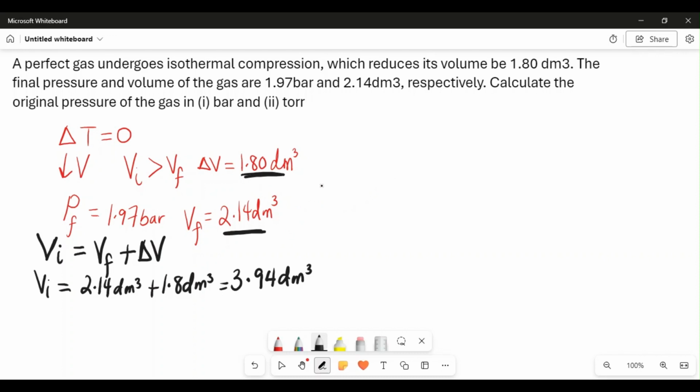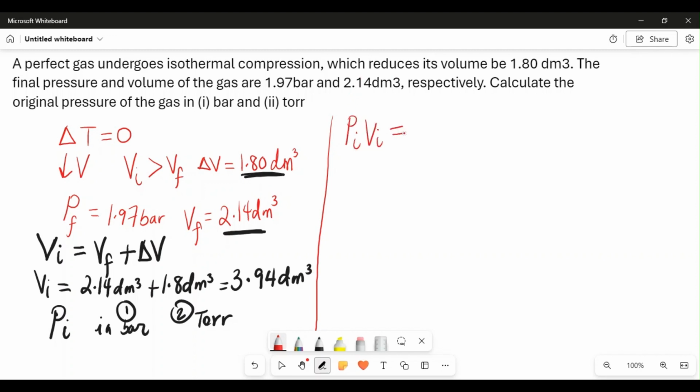So calculate the original pressure of the gas. So we're supposed to solve for P initial in bar. So that's the first question. And then in torr. So what we're just supposed to do is to remember that since this is an isothermal reaction, or isothermal compression, the change in temperature is zero, meaning the temperature is the same all throughout the entire compression process. It's important for you to know that we would use the formula P initial times V initial equals P